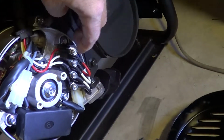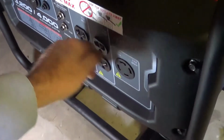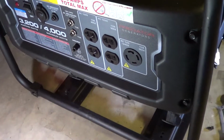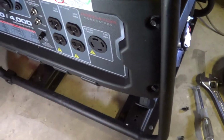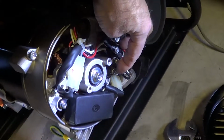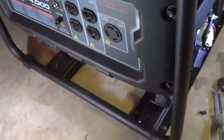What they do is they're taking both windings and putting them in parallel with the switch that toggles back and forth, and that's on the Duramax. So if you want to retrofit one of these, you can, but you'd have to put another jack in here and then connect the windings so instead of being in series, you connect them to be in parallel and disable the 230 volt